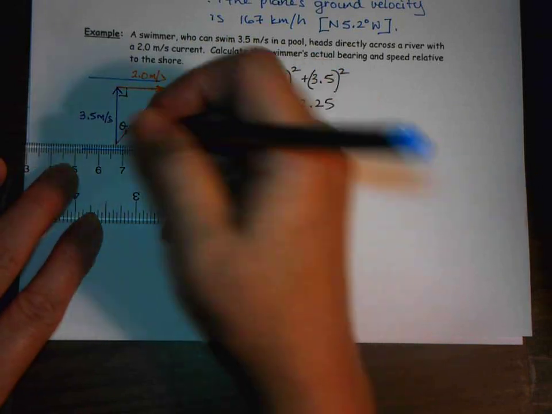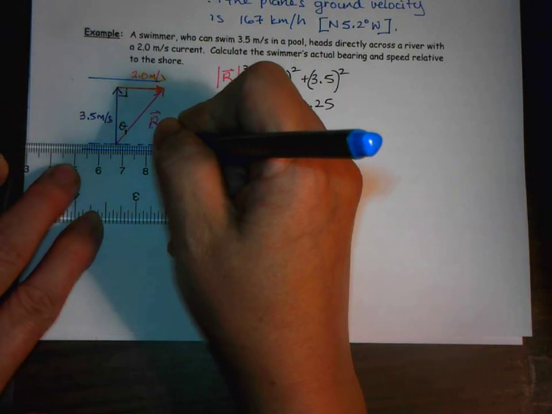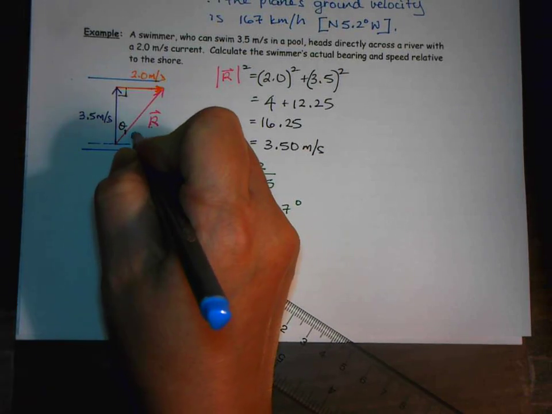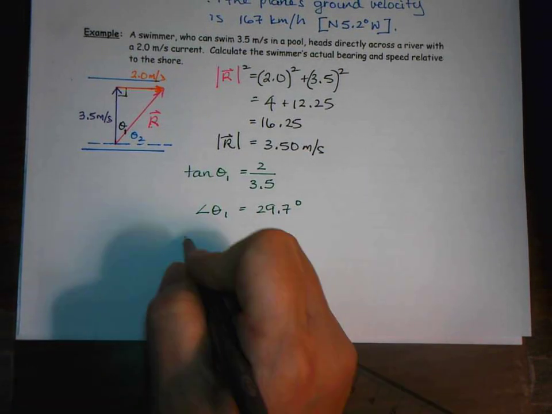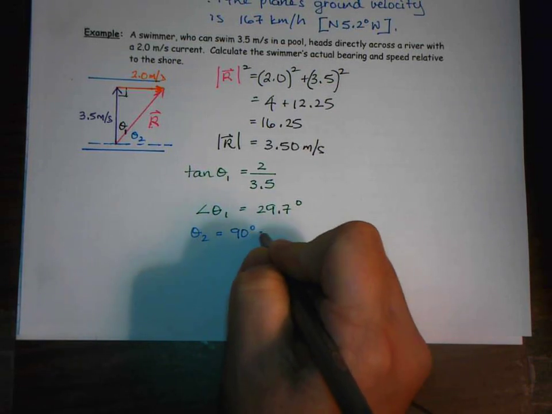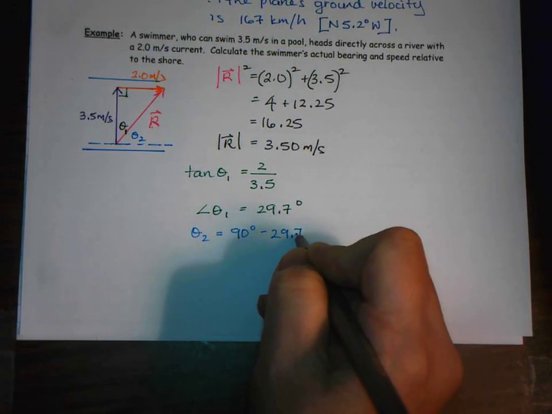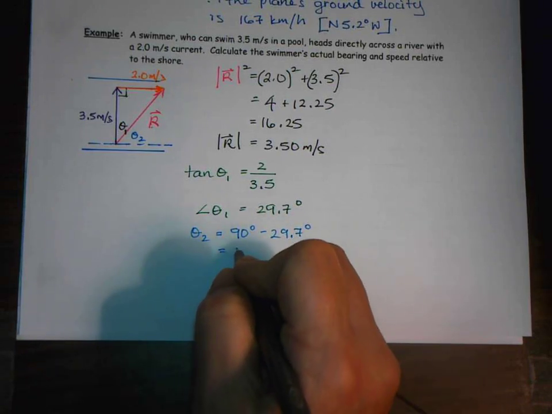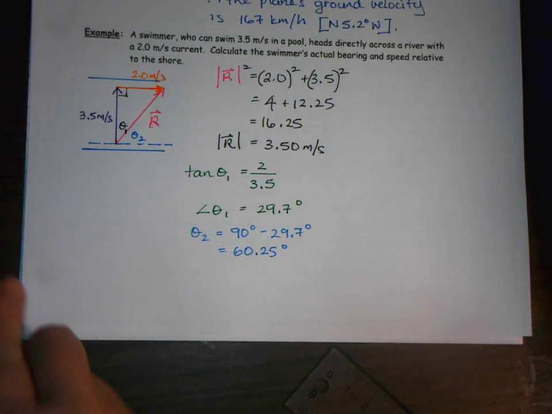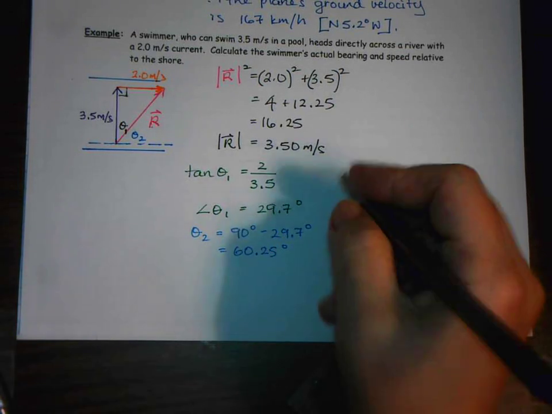I'm going to move the shore up a bit so you can see. Okay, there's water. So this is the angle that we want, this one here. Easy calculation, theta 2 is equal to 90 degrees, take away 29.7 degrees, which comes out to be 60.3 degrees. And we can conclude that, therefore,